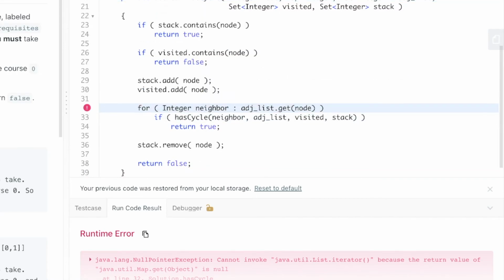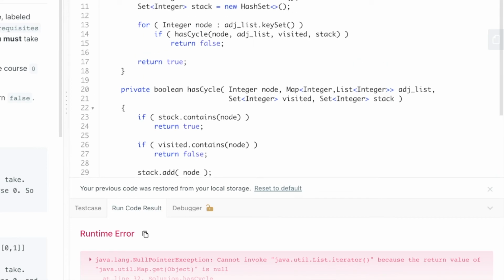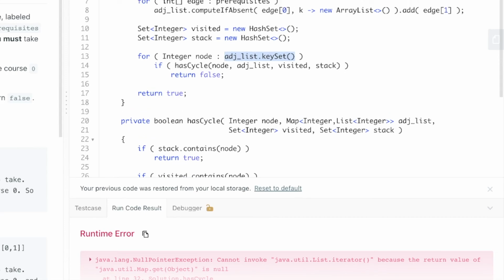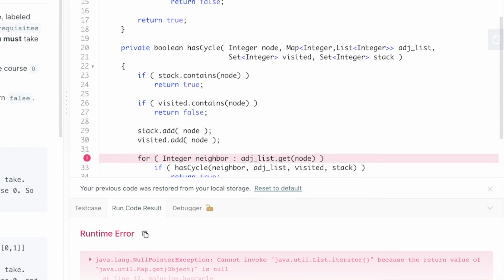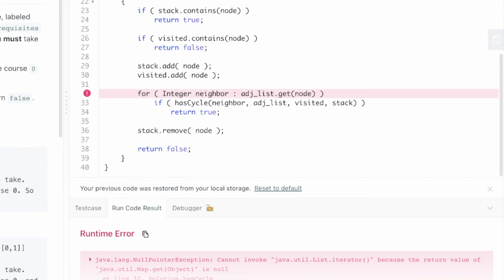And what? How can this be null? This shouldn't be, because I'm going through the key set. What? Cannot invoke iterator because the return value of